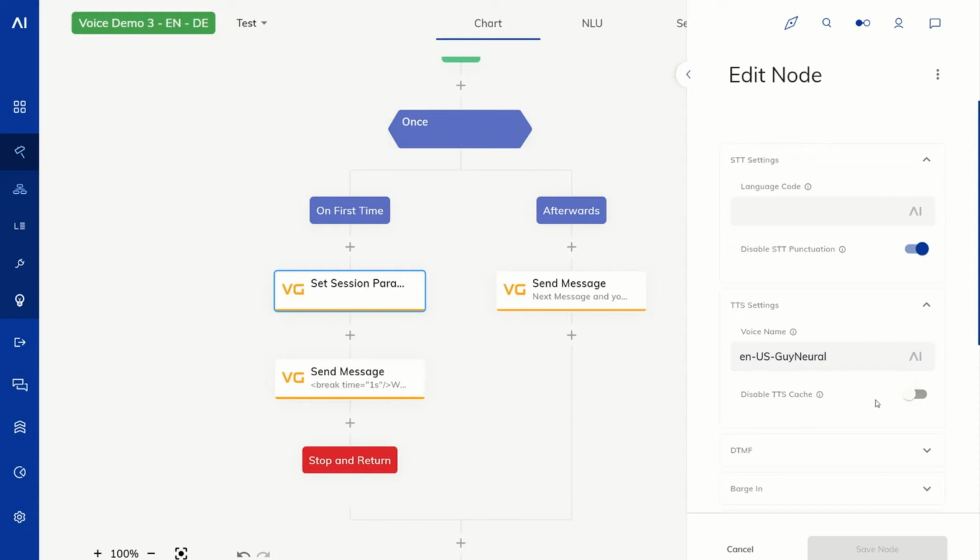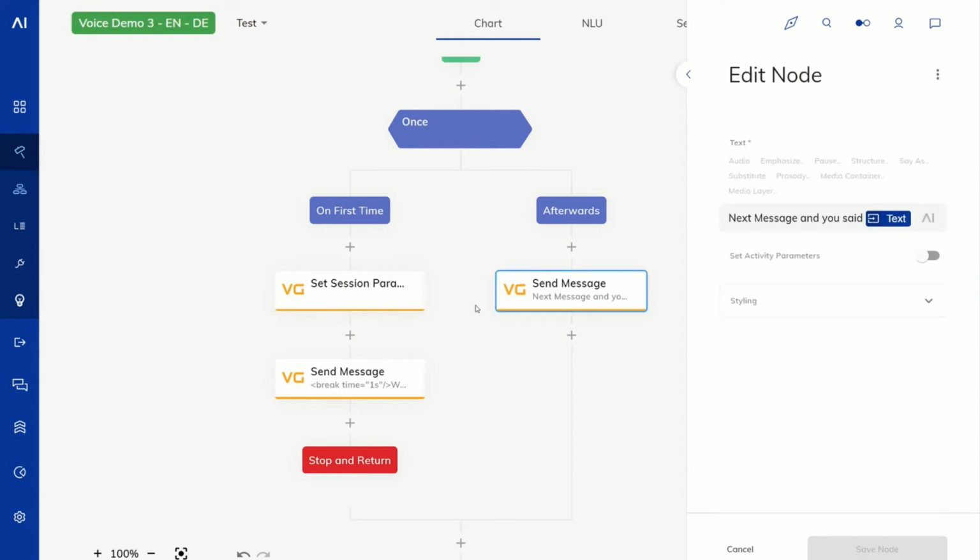The TTS cache means that when we send, for example, a hello world to the text-to-speech engine, and it retrieves the speech for that, the sound hello world, it's not going to do that every single time, but it's really only going to do this once and cache it in the voice gateway. Now, if we don't want it to be cached for whatever reason, like for example for privacy reasons, we can put this toggle here, and then it's not going to cache anything for the text-to-speech. Now let's have some fun with that.